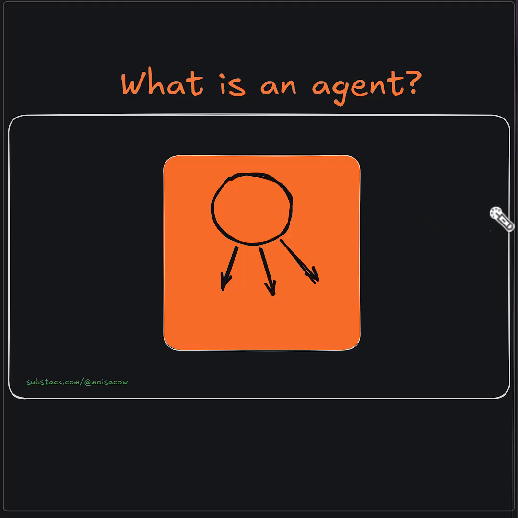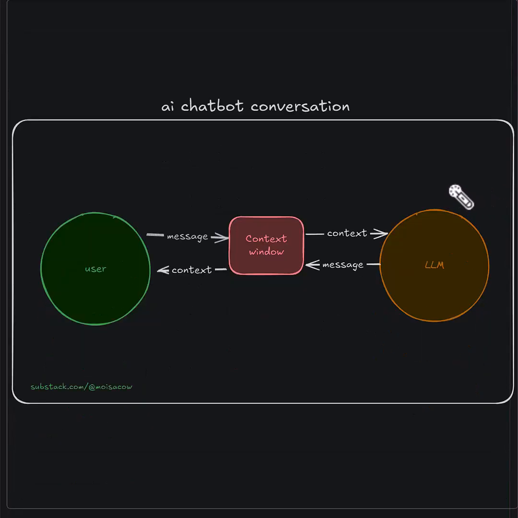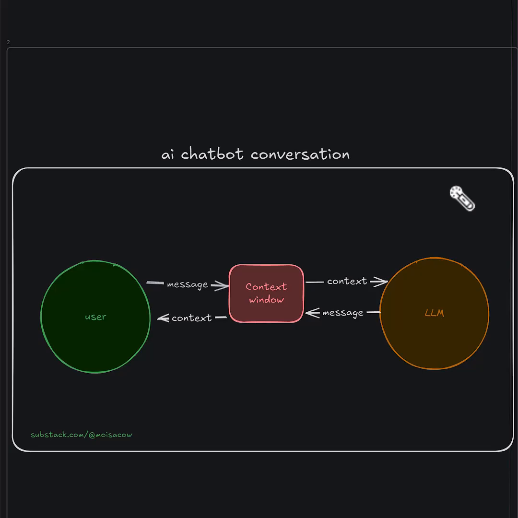To understand that, let's have a very small recap of the previous episode. We were talking about AI chatbot conversation, which is the normal conversation you have with ChatGPT. Usually, you are the user, you send a message, and this message is saved into a context window. This context window is kind of the memory of the LLM. The context window is sent to the LLM, which sees it, thinks, and sends back a message, which is saved again in the context window and sent to you. Then if you send a second message, it is added to the existing messages, and all of them are sent again to the LLM, which will think and answer.